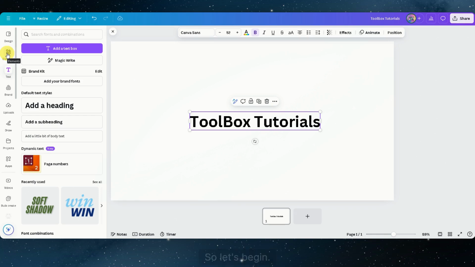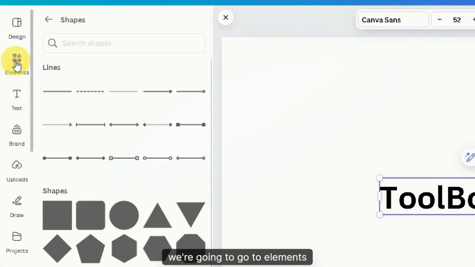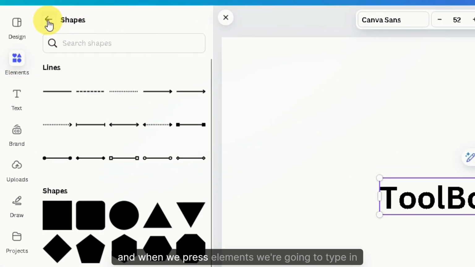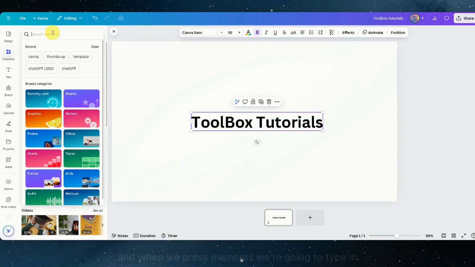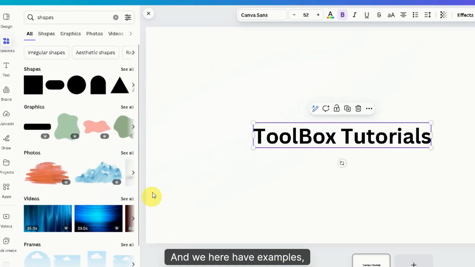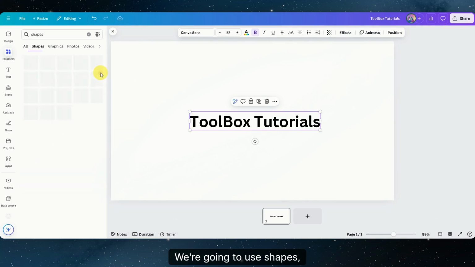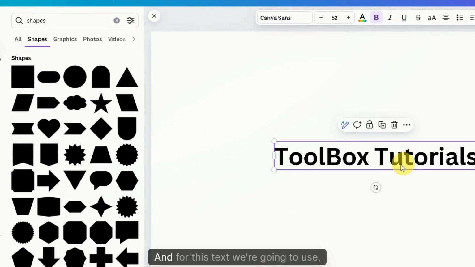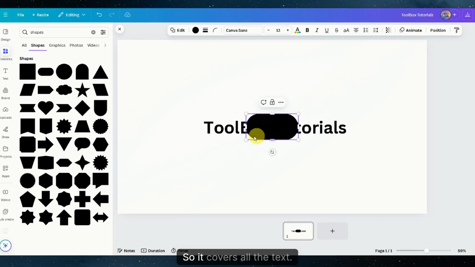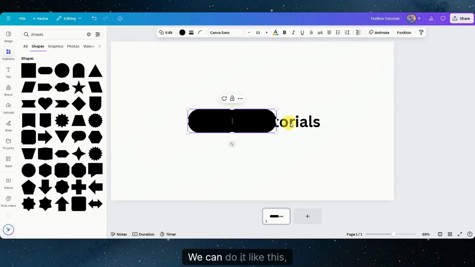So let's begin. First thing, we're gonna go to Elements, and when we press Elements, we're gonna type in Shapes. Here we have examples: graphics, photos, videos, frames. We're gonna use shapes, see them all. And for this text, let's use this one, so it covers all the text. We can do it like this,